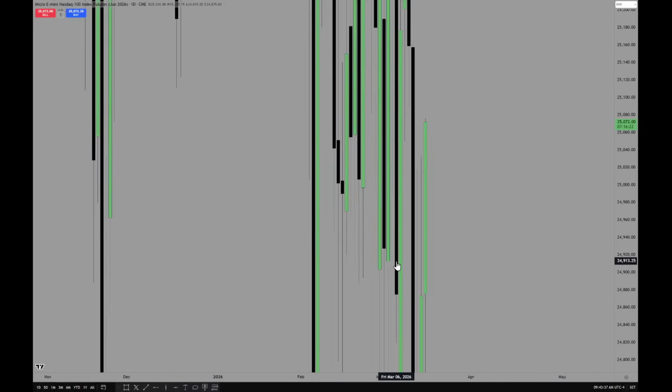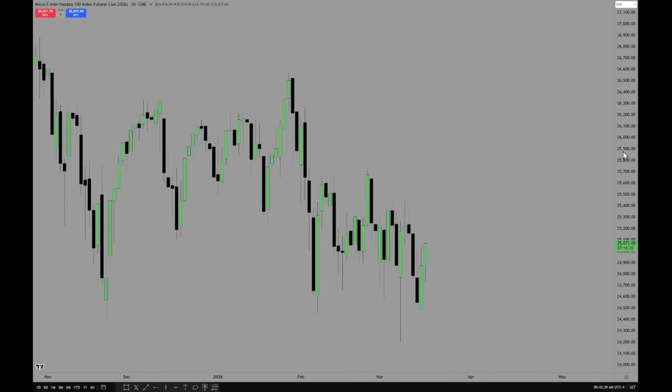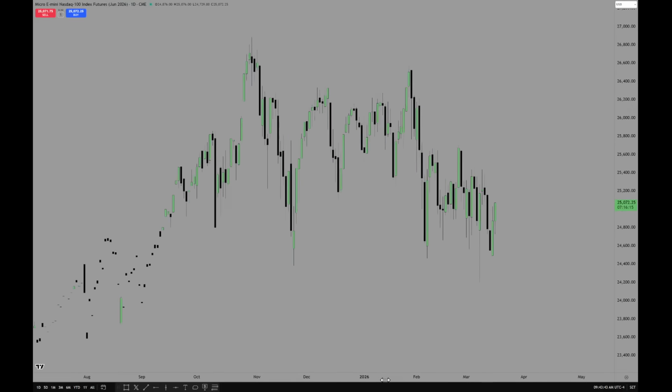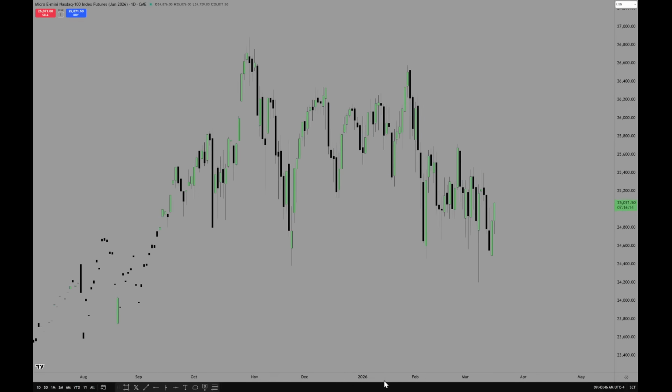But I want to take this stuff off just for a moment and go out to a daily chart. So here's what we're working with there, okay? And we're inside this little tiny gap between that wick and that wick.